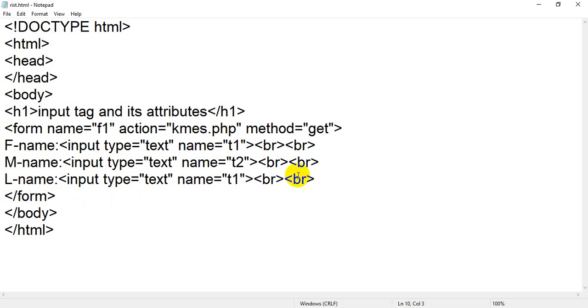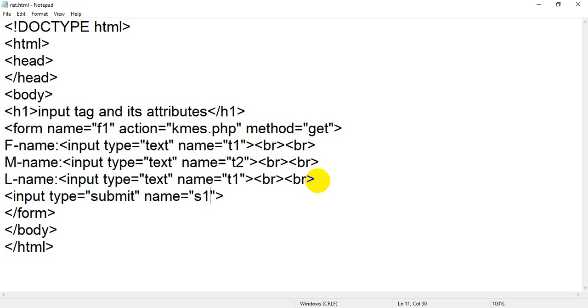And I am going to add one button, input type equal to submit. Name equals s1, you can assign any name, and value. What is the use of the value attribute in a submit button?